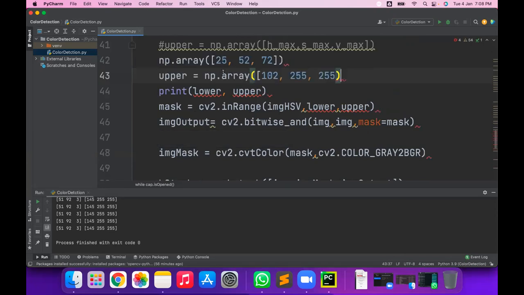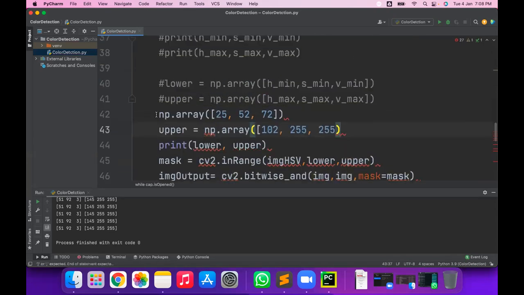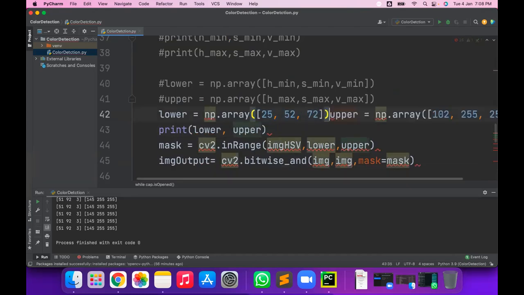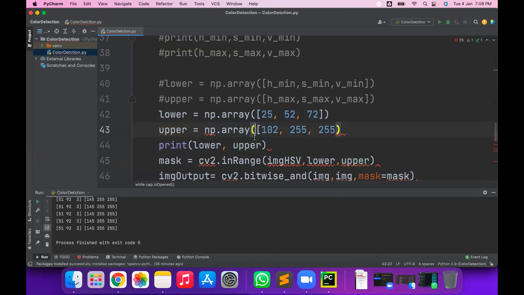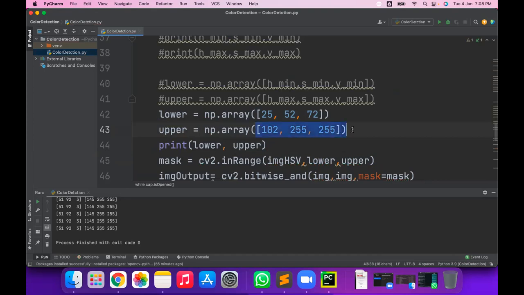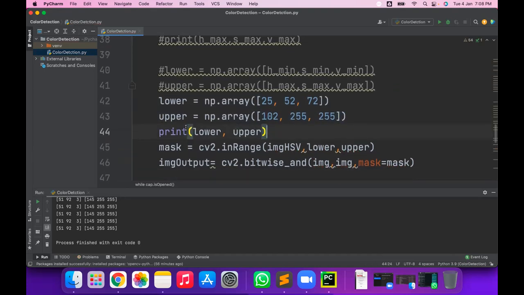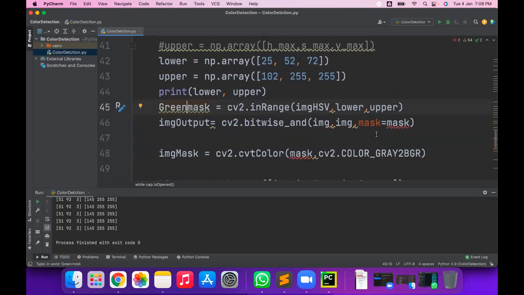Once you find those values, you can use lower equal to np.array, fill in those values directly, and then upper equal to np.array with the values. Now this is what I'm calling the green mask.